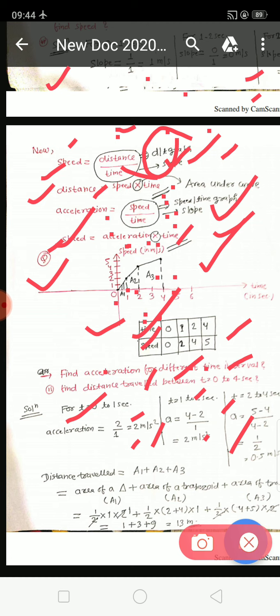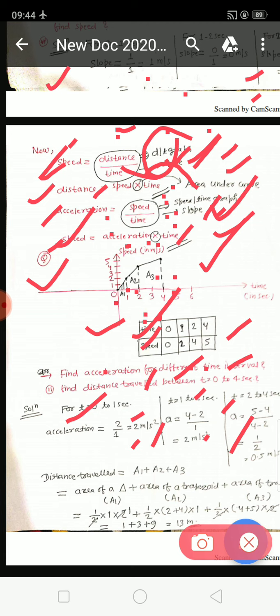One thing you have to keep in mind: whenever there is division, distance upon time, as in the DT graph, it means you calculate the slope and you find the speed. In the ST graph, the speed time graph, the division was speed upon time, and you find the slopes and it will give you the acceleration. Whenever a product term comes into the picture, that product means the area under the curve, you need to remember. I will explain it and you will understand everything.